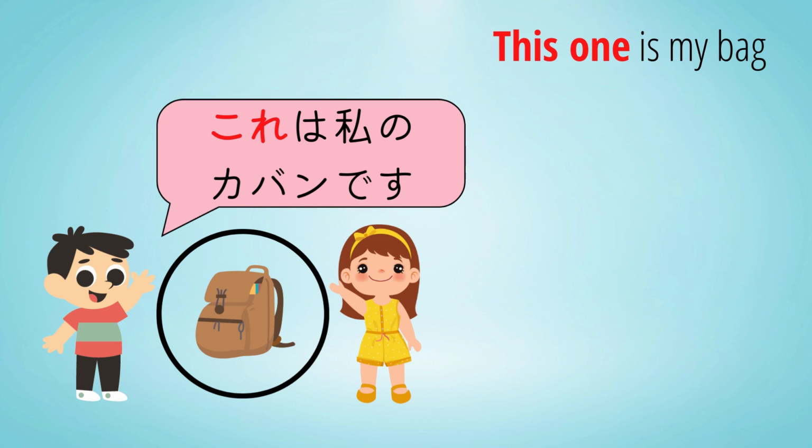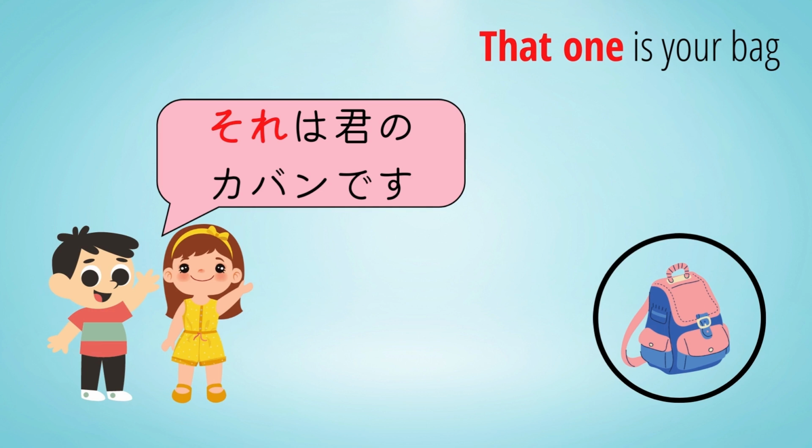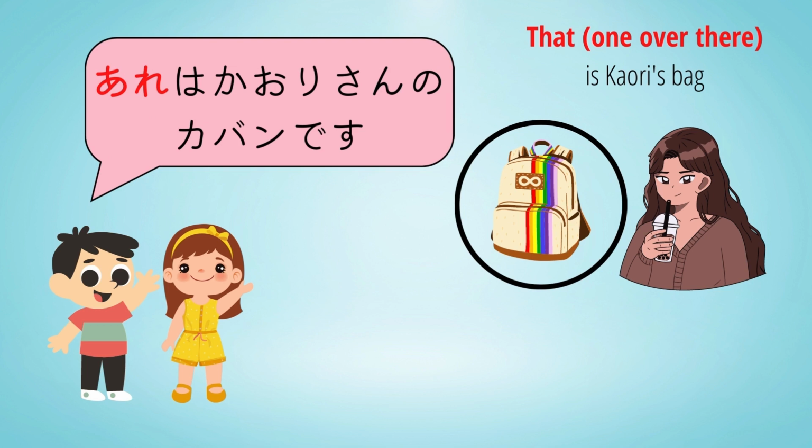So, when he identifies the bag that is near them, he says, これは、私のカバンです。 When he points to the bag slightly far from them, he says, それは、君のカバンです。 Lastly, when he identifies the bag that is far from them, he says, あれは、香織さんのカバンです。